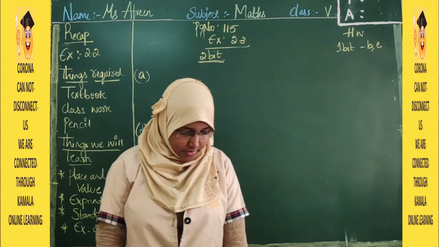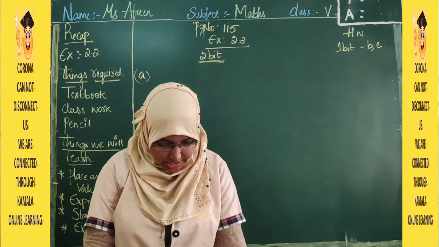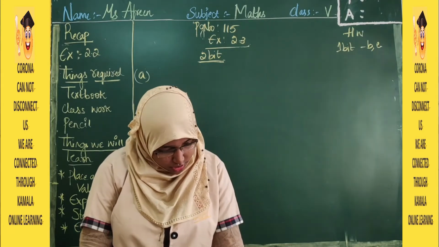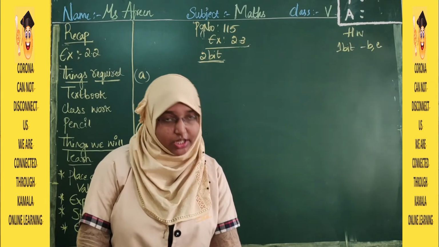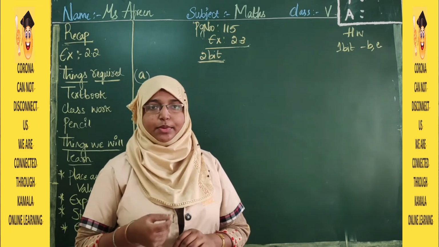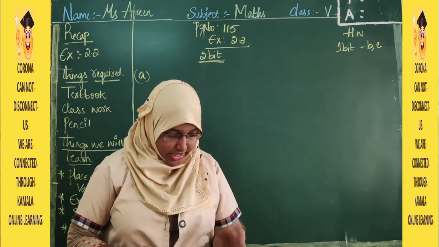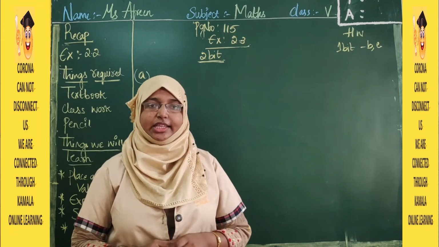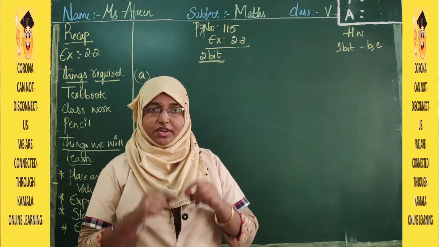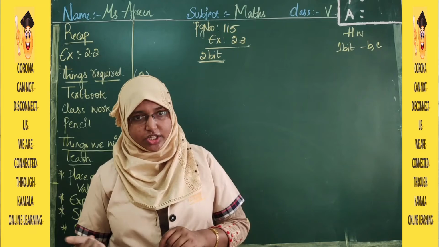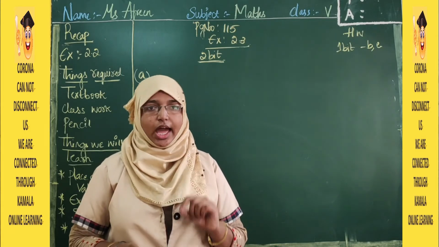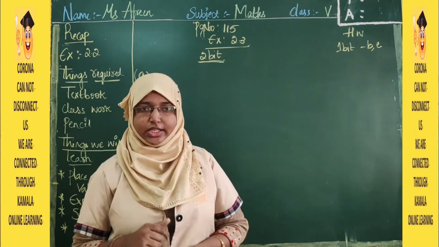Okay, now see what is the second bit. Write the place value of the color digit in each number. Also write the sum of the place values of the color digit. Just now we have seen how to write the place and face value of color digit. But in the next one, second bit, they have given 2 color digits. Means we have to find place value of the 2 digits and we have to write sum. Sum means addition. We are going to add those 2 place values.